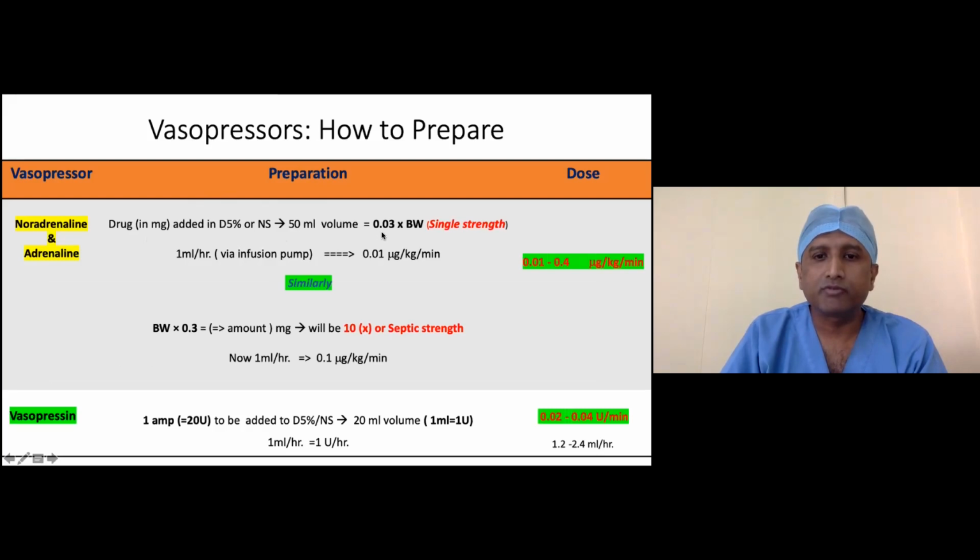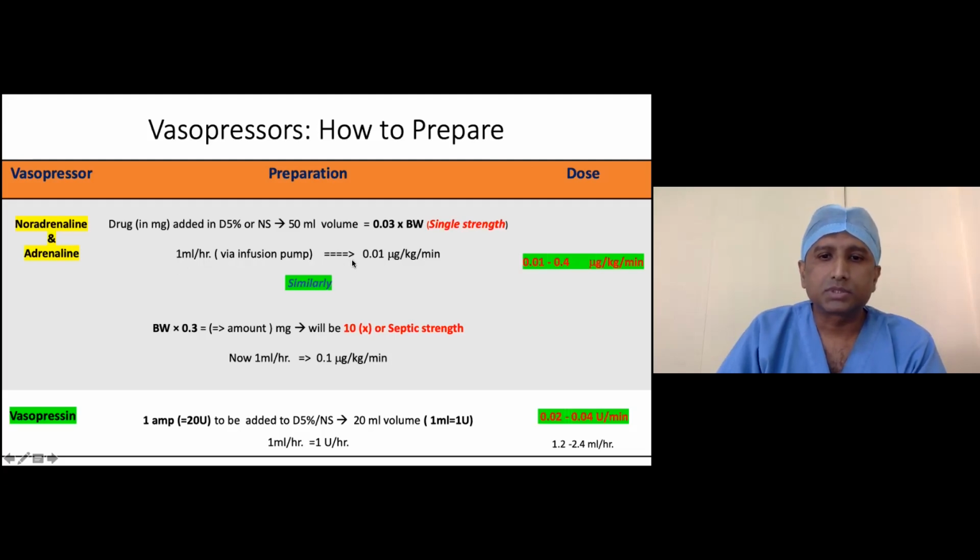For this, we multiply body weight by 0.03 to get a single strength solution. If the body weight of a patient is 70 kg, multiplying by 0.03 comes to 2.1 milligram. Roughly, we take a 2 milligram ampoule, and if we run this at 1 ml per hour,